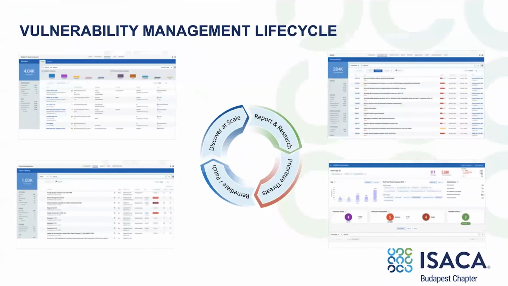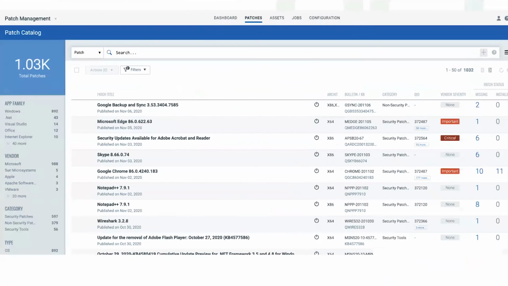And the remediation and patch phase. This part of the module gives you the possibility to create and manage patch jobs, to conduct automated patch jobs, or scheduled ones, yes, during maintenance windows. You can also easily choose superseded patches, which makes it possible to patch quicker and, of course, as a consequence, to make maintenance windows shorter.